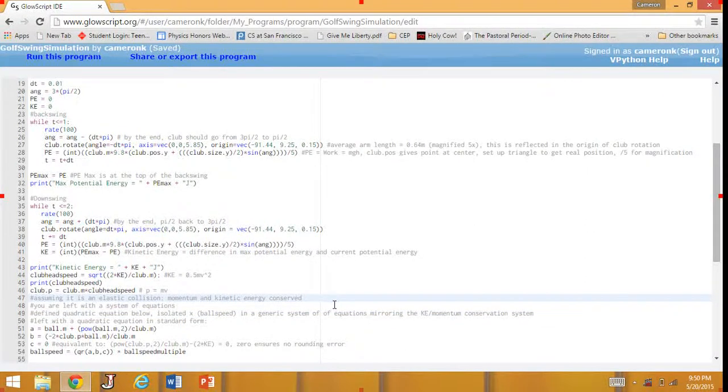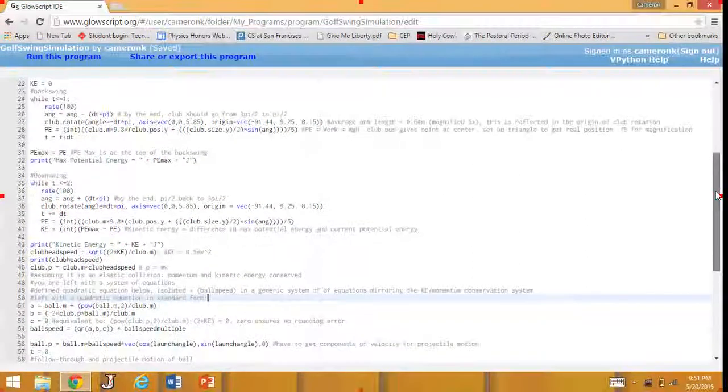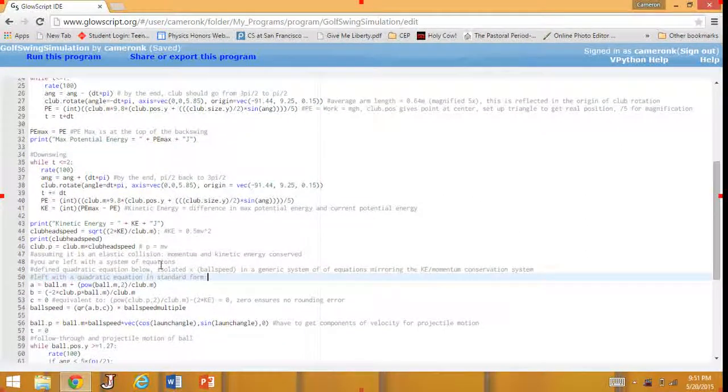So momentum and kinetic energy are conserved. To find the ball speed, you have a system of equations reflecting momentum and kinetic energy conservation. And so you solve for ball speed, and you are left with a quadratic equation in standard form. To calculate this independent of specific values, I look at that quadratic function in standard form, which is